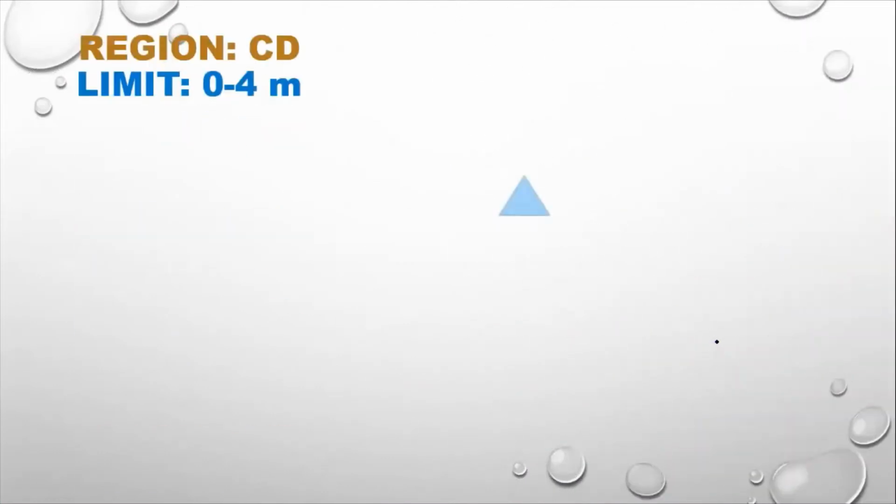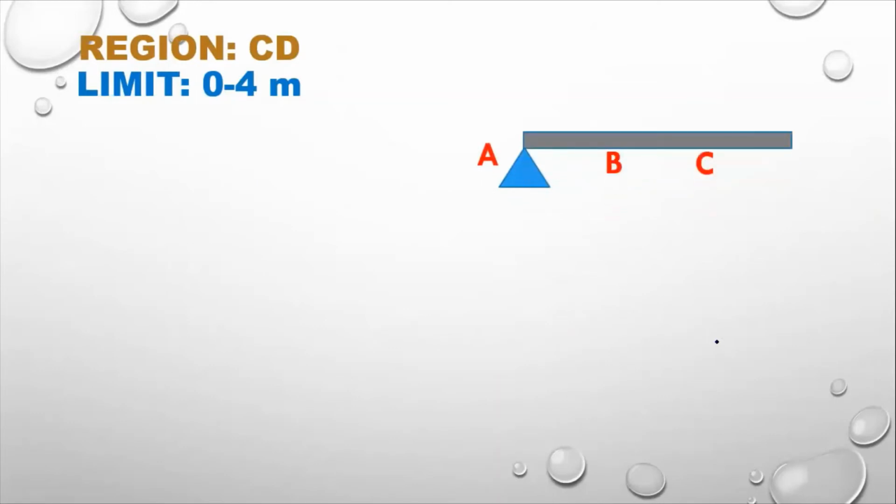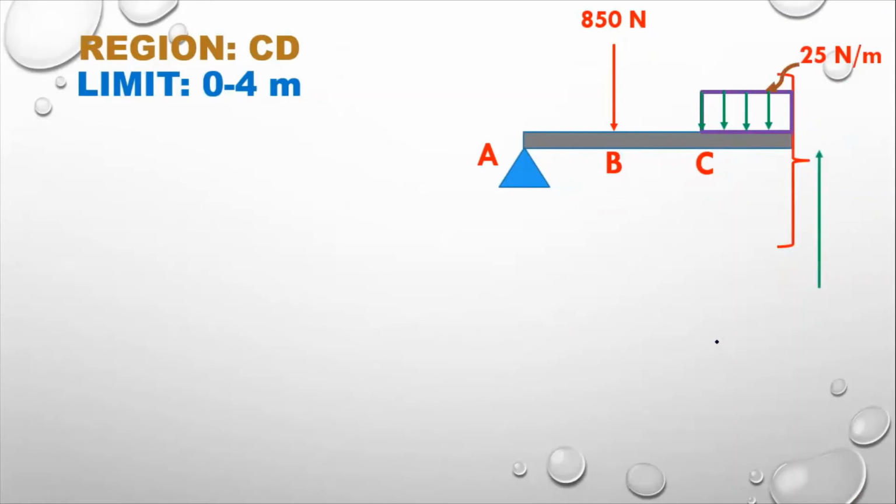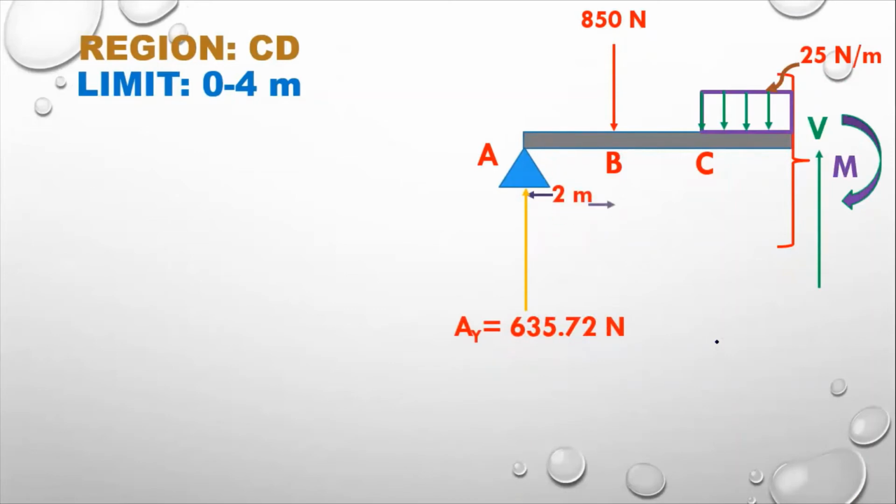So here is region CD and the limit is 0 to 4 meter. There is a beam ABC, a point load is coming over there, then there is a uniformly distributed load of 25 Newton per meter. So the section will be cut over here. What I have to do is change this, because in the earlier lecture we haven't done it like this. So it is 2 meter, then there is 1 meter,